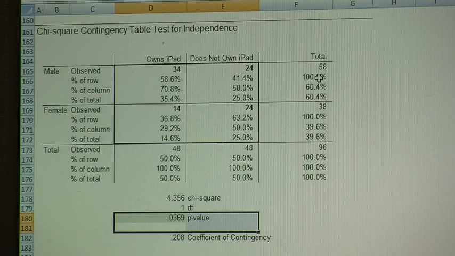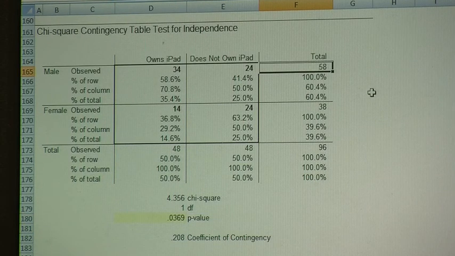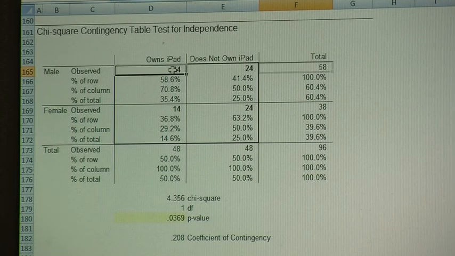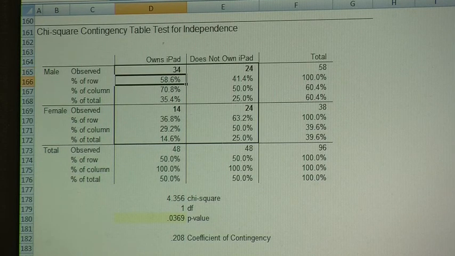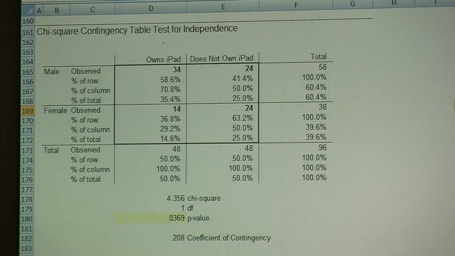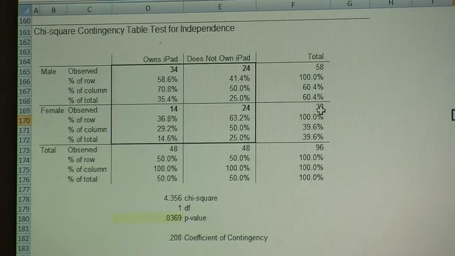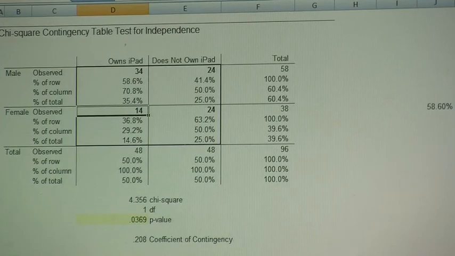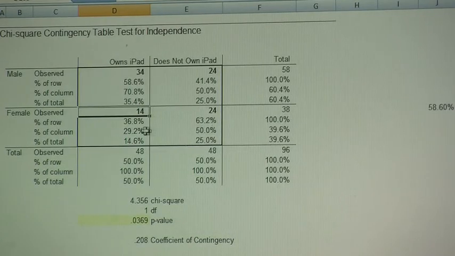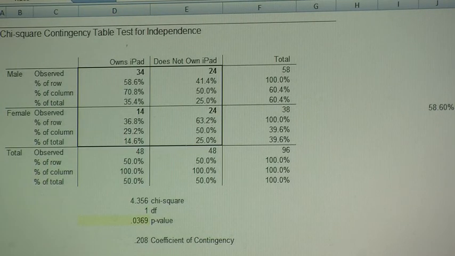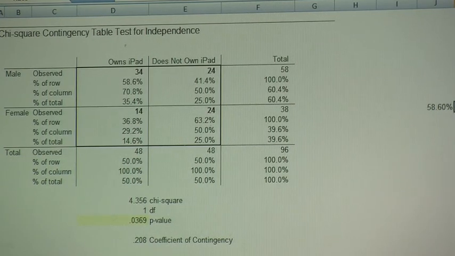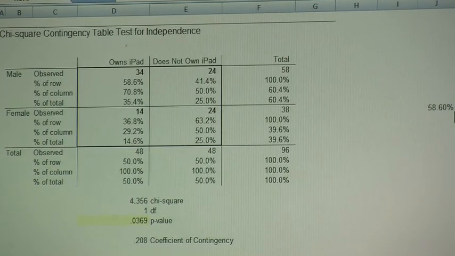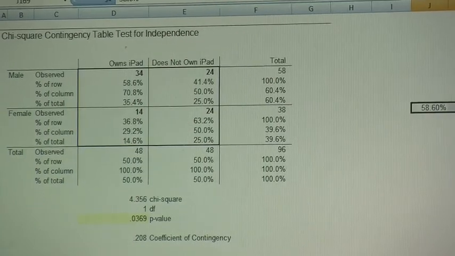Okay, and of the 58 males in our sample, 34 own iPads. So 34 divided by 58 is 58.6%. Let me type that over. 58.6%. Okay? And of the 38 women in our sample, 14 of them own iPads. So 14 divided by 38 is 36.8%. So when it gets right down to it,